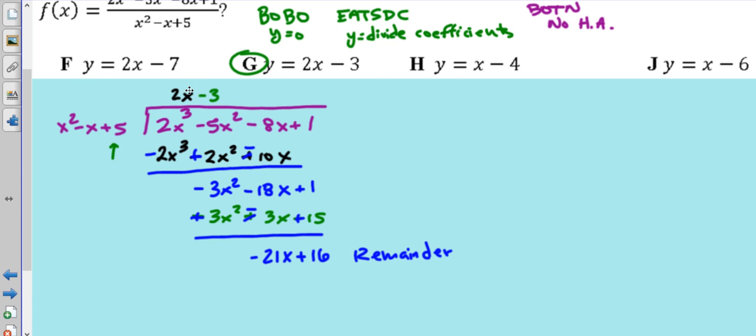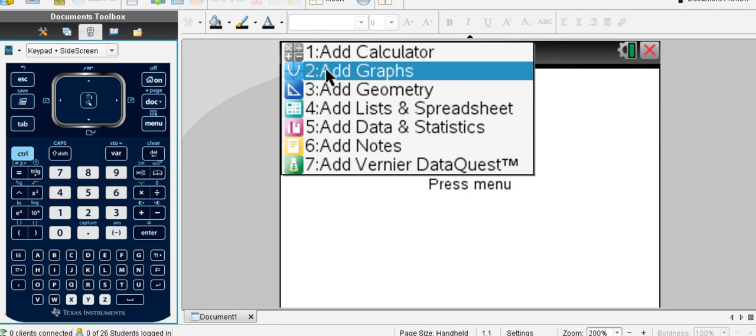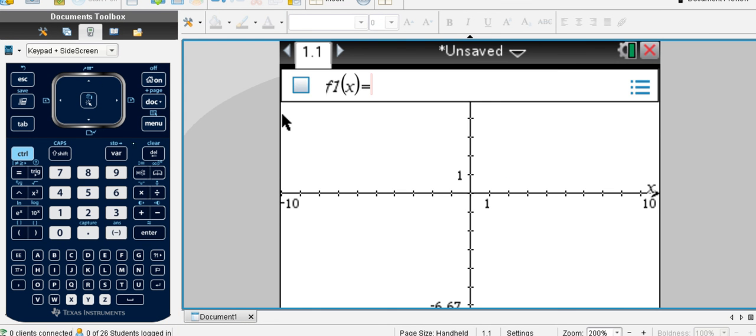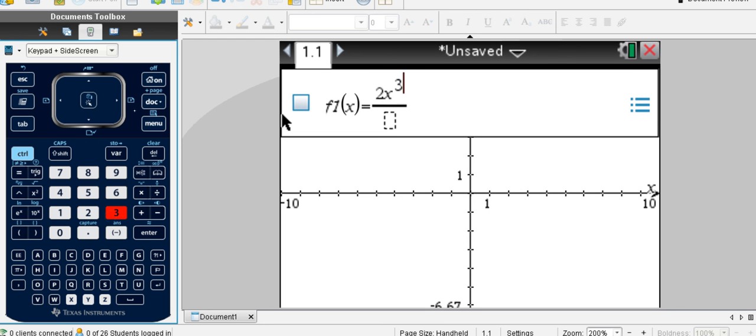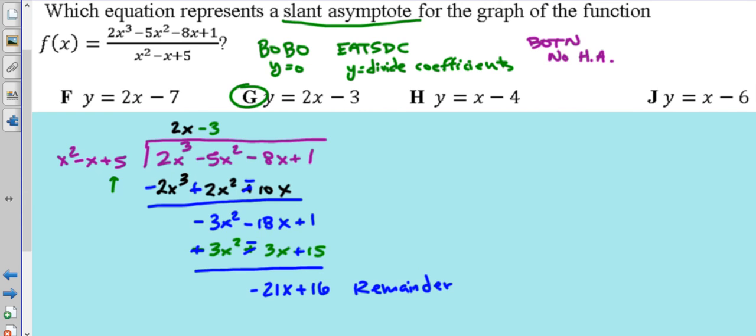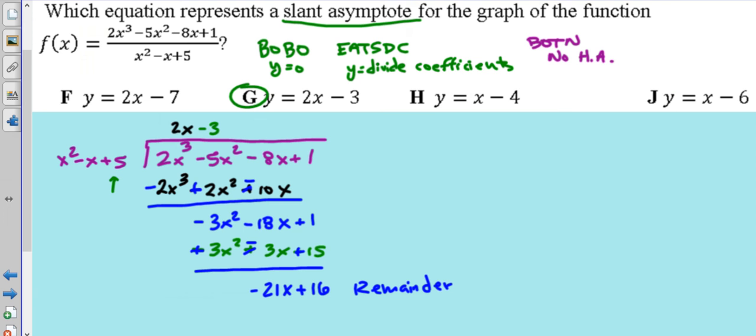Your slant asymptote is the top, which I already circled. So it should be y equals 2x minus 3. One more way we could check is you could graph this equation. It was 2x cubed minus 5x squared minus 8x, and then plus 1, and all that was over x squared minus x